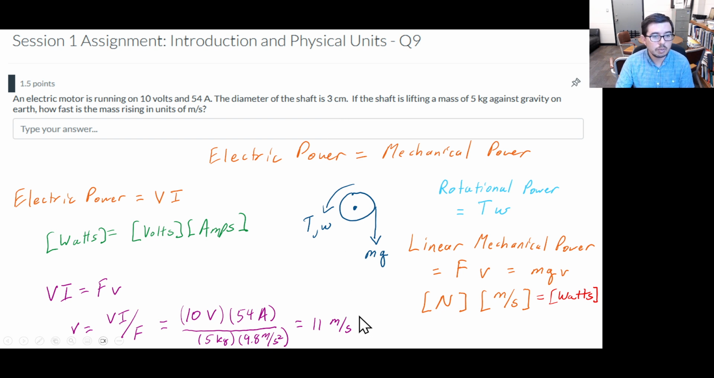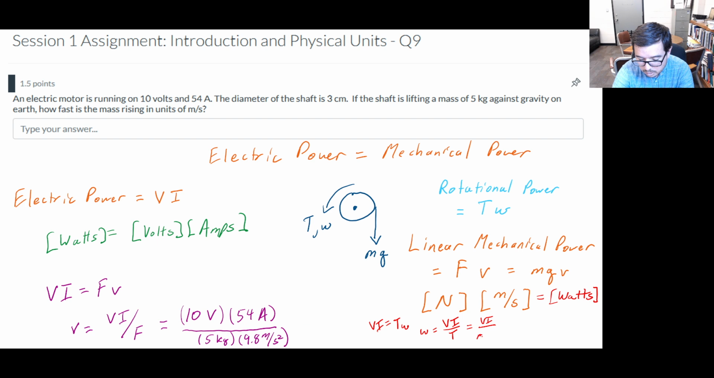Now notice we did not use the 3 centimeters for the diameter of the shaft, but we could have solved the problem using rotational power. So briefly, what we can think of here, if we wanted to do this with rotational power, and I don't have a whole lot of space, we can write that VI is equal to T omega instead. And omega is then going to be equal to VI over the torque. Now the torque, what is the torque? The torque is mg times this radius. So this would be VI